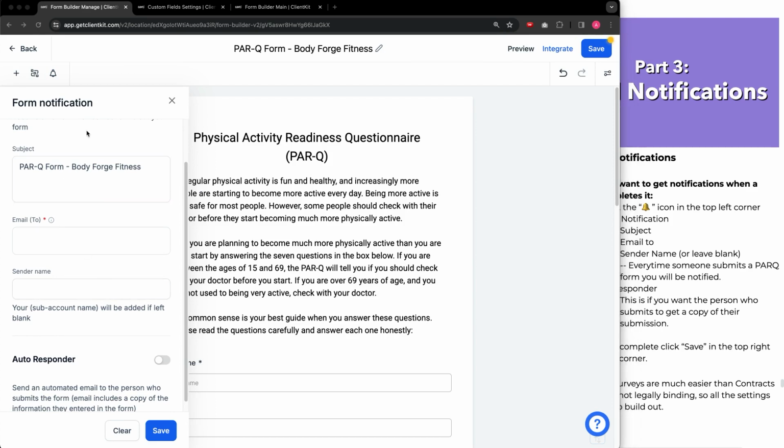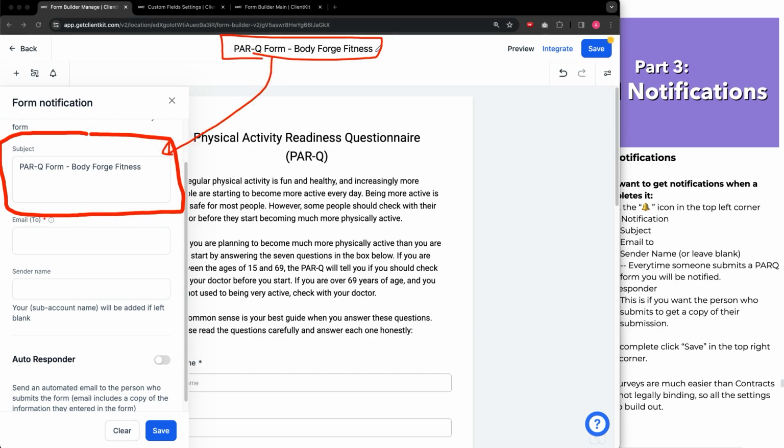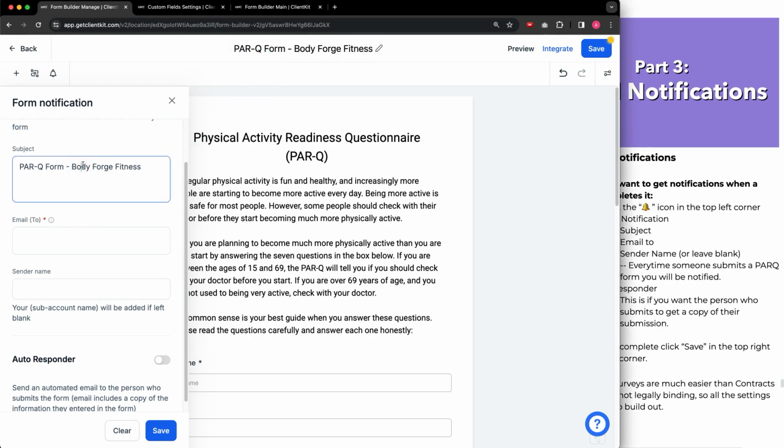So first one is going to be, hey, what do you want the subject line to be of the email that we send you? In this case, you can go ahead and leave it PARQ form, Body Forge Fitness, whatever the name of the form is probably going to be the subject line. You can leave it like that if you want, or sometimes what I like to do is I put new submission,